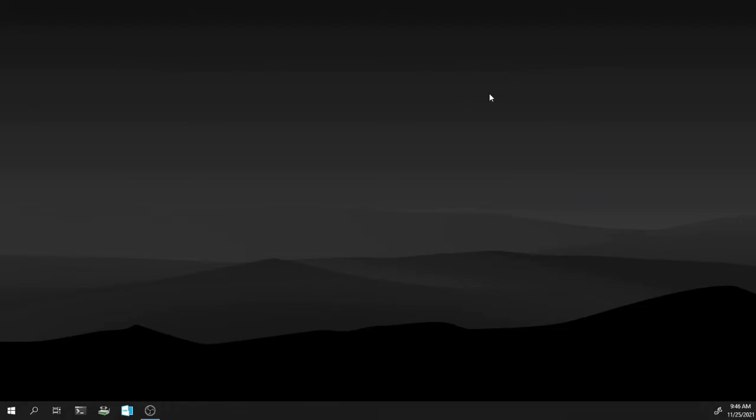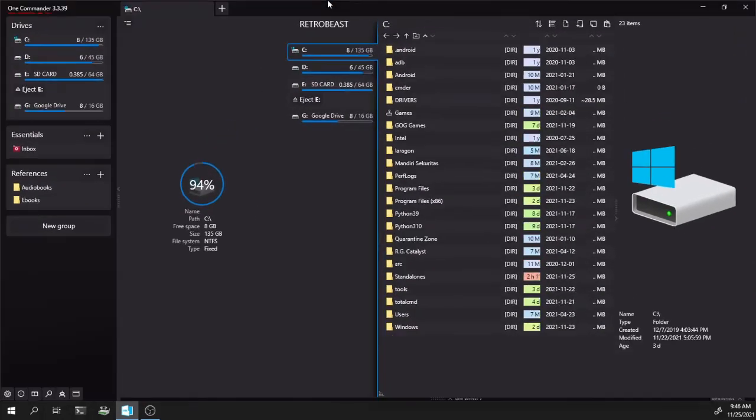So, hello everyone. Today I'm gonna show you how to make One Commander your default explorer in Windows. Okay, so first thing you're gonna do is open One Commander like this. Okay, we got this One Commander, and then you navigate to settings,